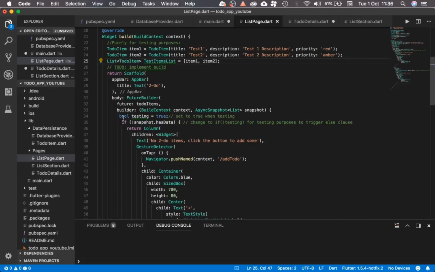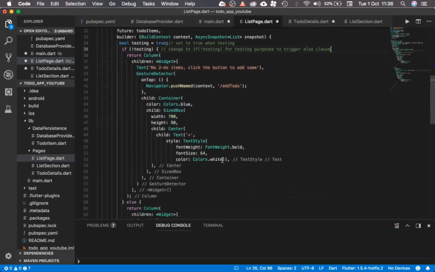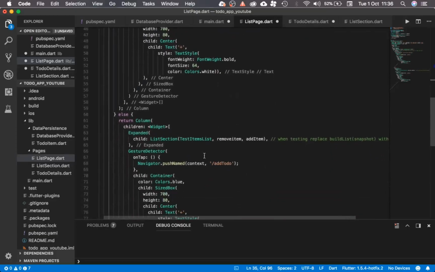Next, we need to create a boolean variable called testing, which we will set to true in this case, in the body of the scaffold that we're returning. And then where we have our if statement, checking whether the snapshot has data, we replace this to see whether we are not testing. If we are not testing, then this code will run and it will display no TodoItems. However, if we are testing, it will now run this else statement,